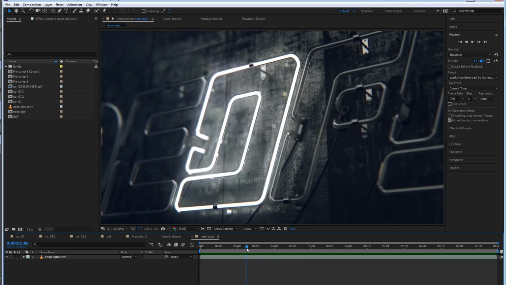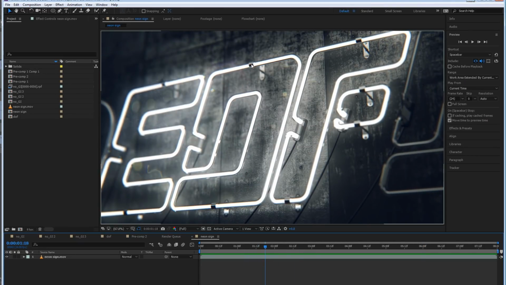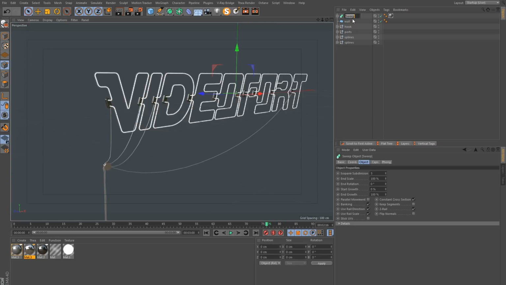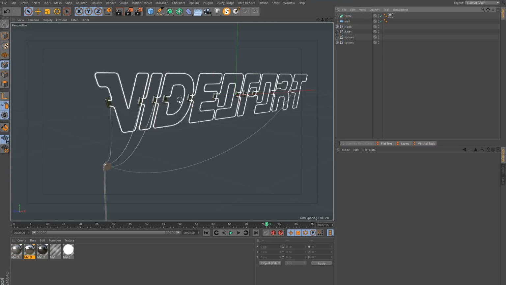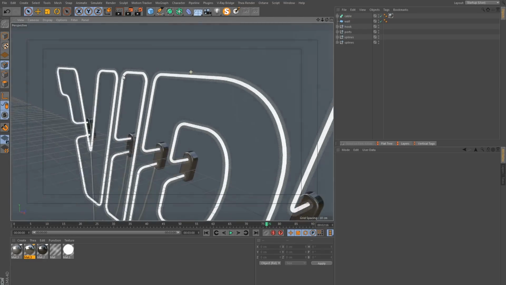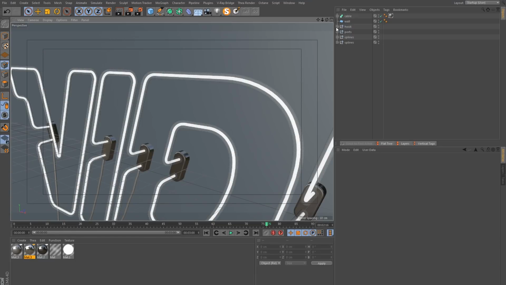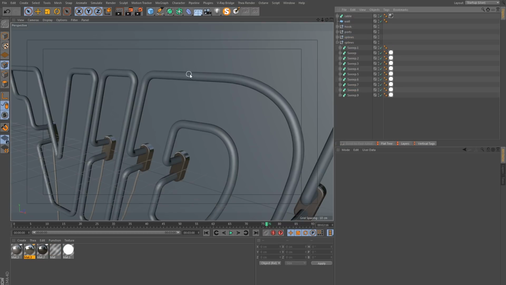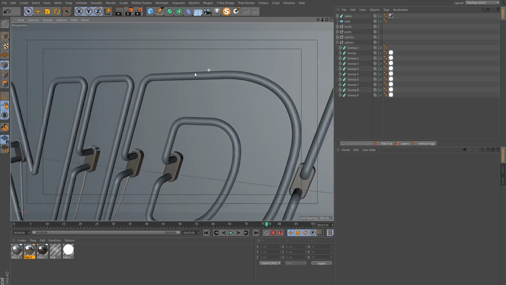The next piece of geometry is these clamps or holders, which attach the neon tubes to the wall. This was also some fairly simple geometry, and let me call this cable so I know what's going on. And I can't really see the transparent section here, so for now we can just remove that material from here so we can see where this geometry comes up to.